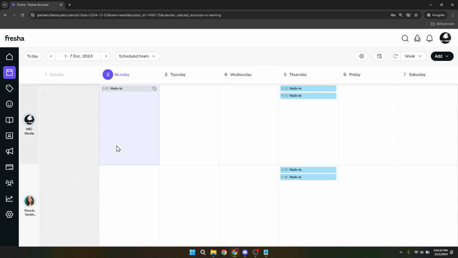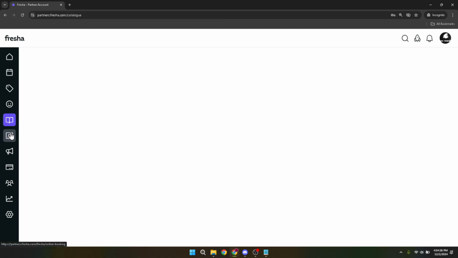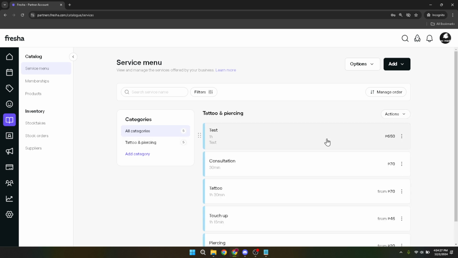Once you're in the catalog section, click on the service menu. This will display all the services you currently offer. From here you can manage each service individually, whether it's to update descriptions, adjust pricing, or change the duration of the service. Now for the editing process, locate the service you wish to edit and click on the three dots,